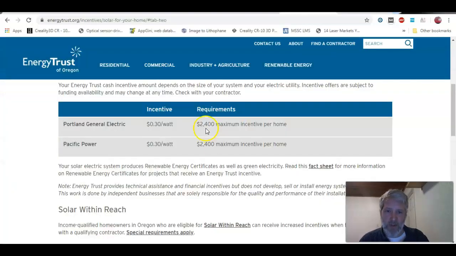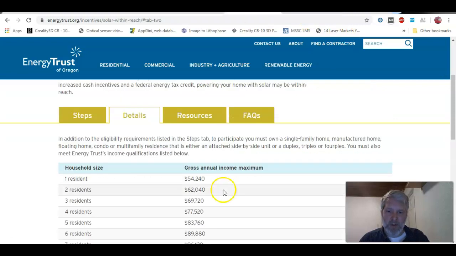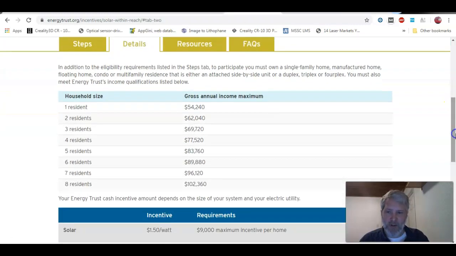Okay, so here's the PG. This is their standard rate here. You get a little bit more for Pacific Power. But the Solar Within Reach program is all here. So if you are a resident, one person in the house, if you make less than $54,240, and if you